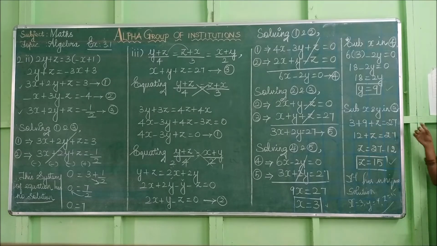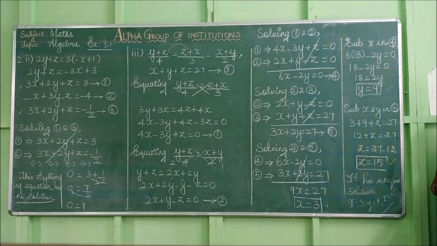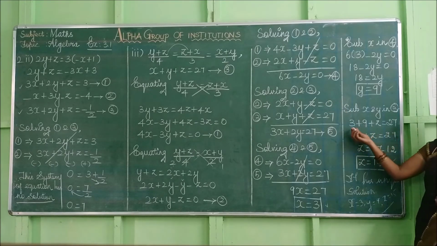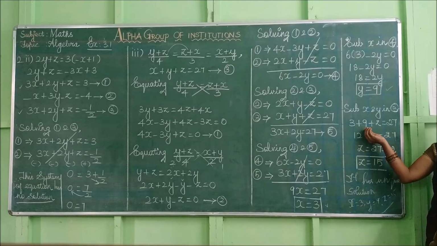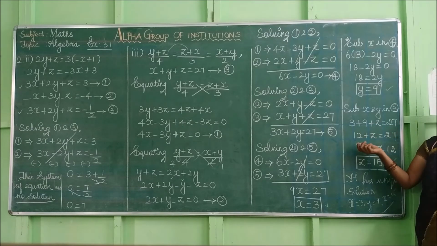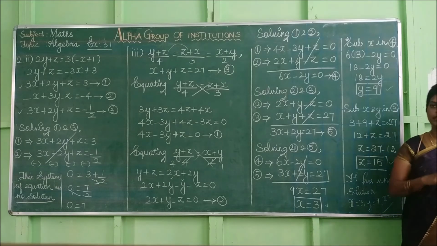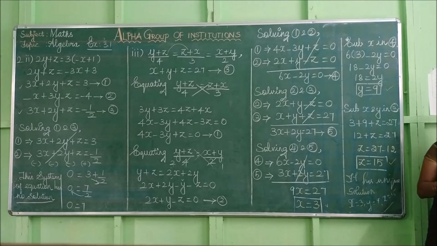How to find the z value? For that, I am substituting that x and y value in the third equation. x plus y plus z is equal to 27. So what is our x? Our x is 3, our y is 9. We don't know z. Now I am only going to find z. Add these numbers, you get 12. 12 plus z is equal to 27. You need the z value only, so take this 12 to that side. Positive will get negative. 27 minus 12. Subtracting those values, you get 15. So you get the x, y, z values. Each and every value gets a unique solution.